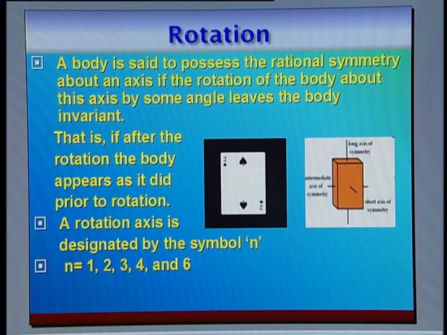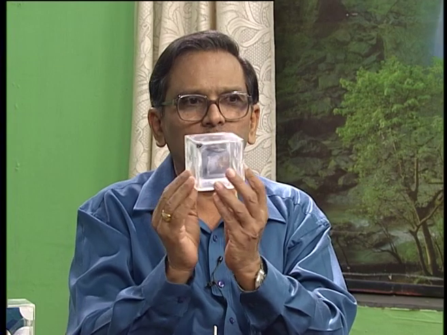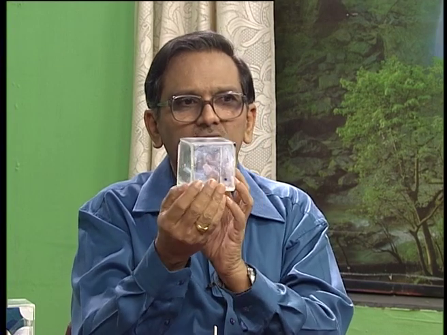also called n equal to 2, whereas here you have n equal to 3 because the amount of rotation is 120, whereas for the cube I have shown you it is 90 degrees I am rotating, so it is 4. If you have the hexagon, then we have to rotate it by 60 degrees, that is called n equal to 6. So, you can have n values as 1, 2, 3, 4 and 6,